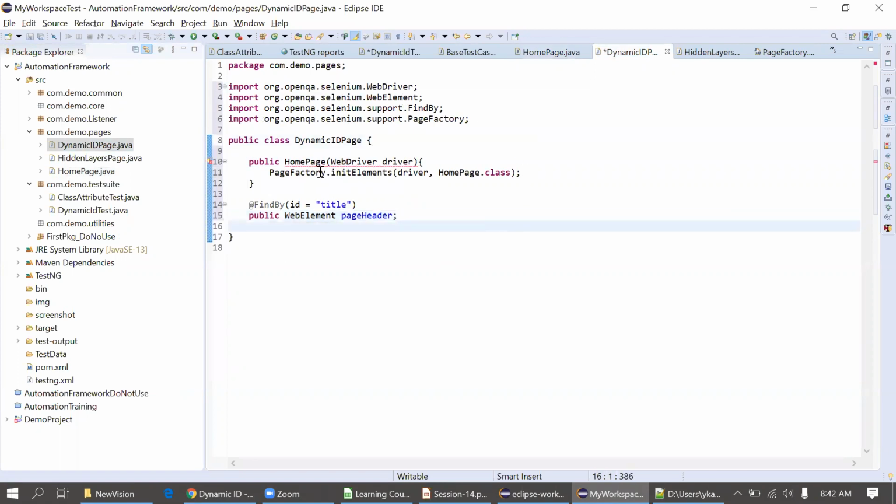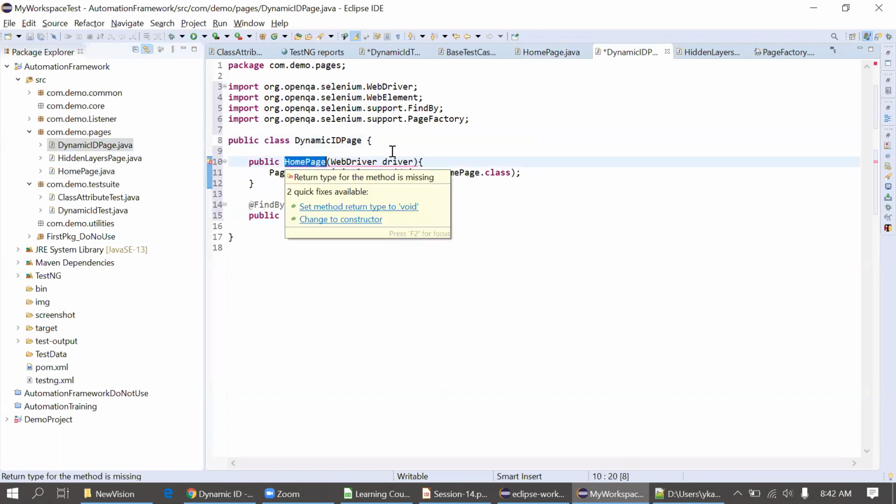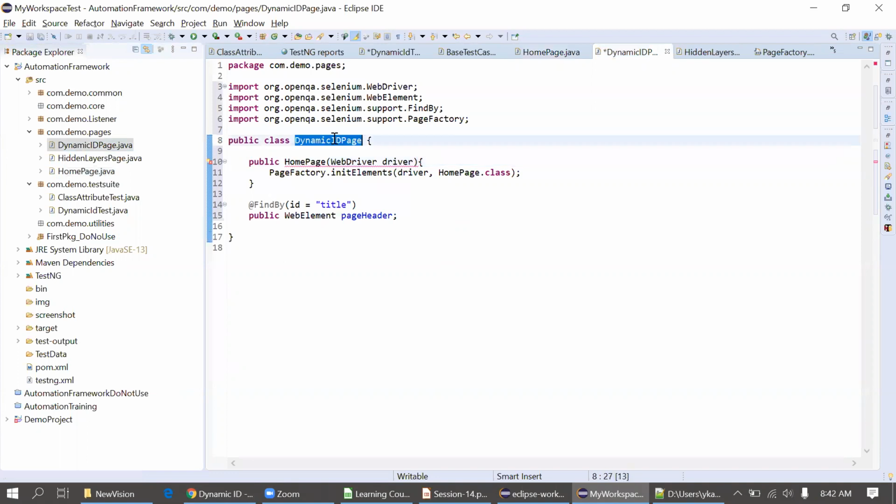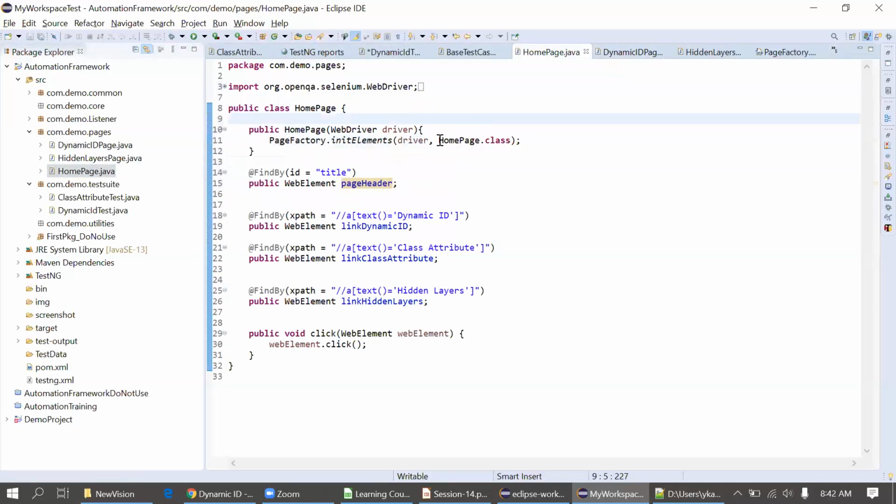Now here I just want to change this name because I have copied from another class. Okay, so I'll just copy the class name. I will paste it here to make a constructor. Okay, so I'm not getting any issue here. So now here also I'll use the this keyword actually. So I don't want to replace it everywhere. In the home page also I will make it as a this.